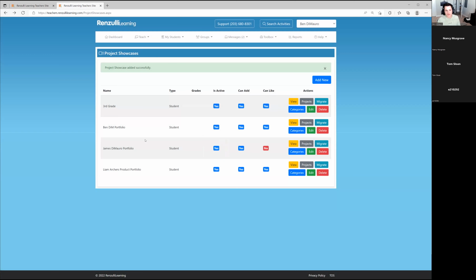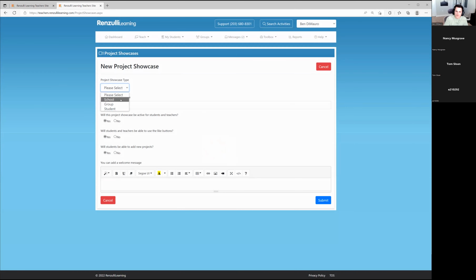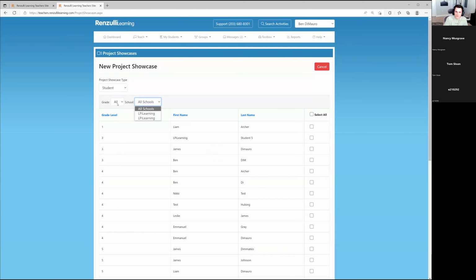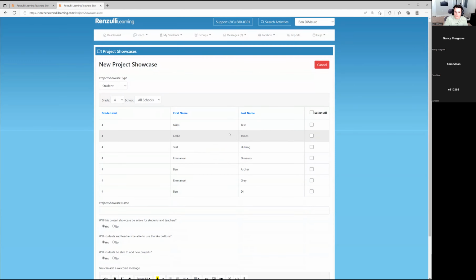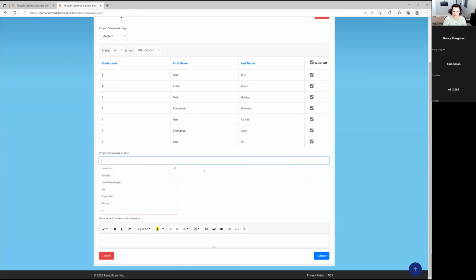So the other way that you could use it is you could have it be for your entire classroom. So I'll add in that new class. We'll do students. We'll focus on grade 4 and then check off all of those grade 4 kids. And now we have our grade 4